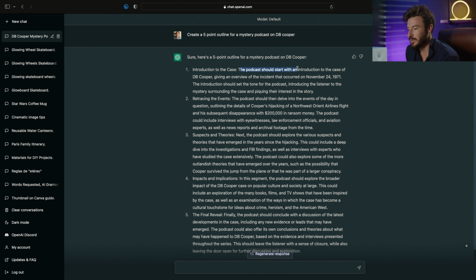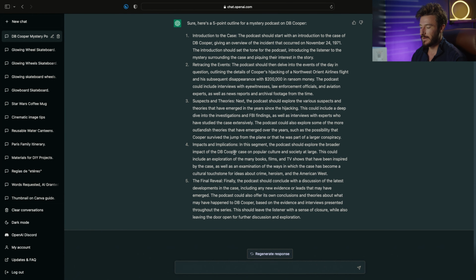So the podcast should start with an introduction to the case of DB Cooper, giving an overview of the incident that occurred on November 24th, 1971. The introduction should set the tone for the podcast, introducing the listener to the mystery surrounding the case and piquing the interest of the story. So now that I have this 5-point outline, what I want to do now is have ChatGPT